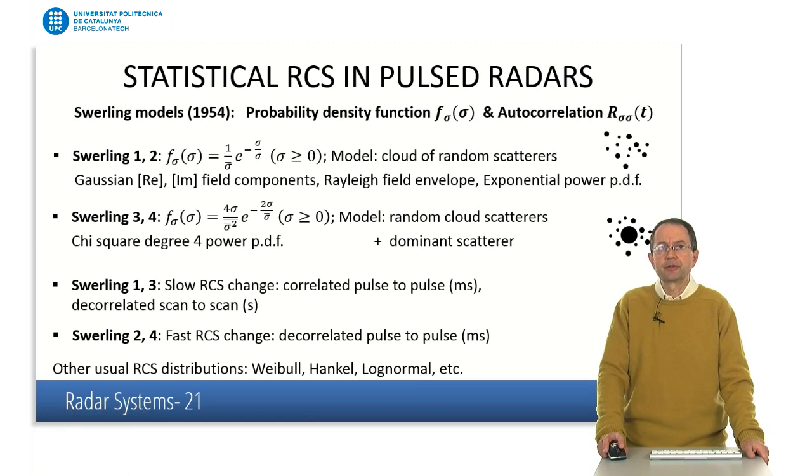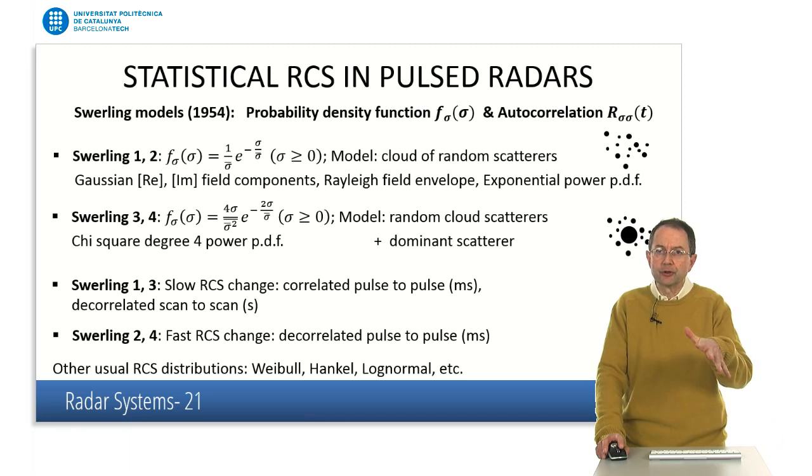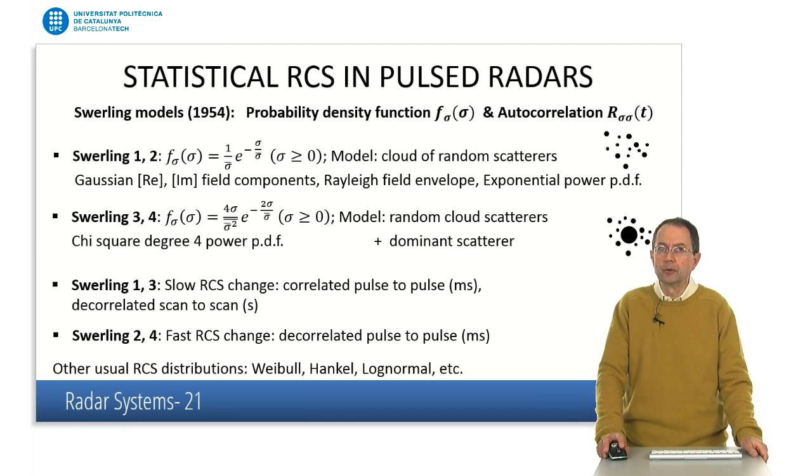To finish this radar cross-section presentation, we have to take into account that real targets are very complex. In general, we are not going to know the precise orientation of the target with respect to the radar. So from the radar design point of view, it is very interesting to characterize the radar cross-section statistically. This is done in pulsed radars in several ways. Swerling models are the classical approach. It was introduced in